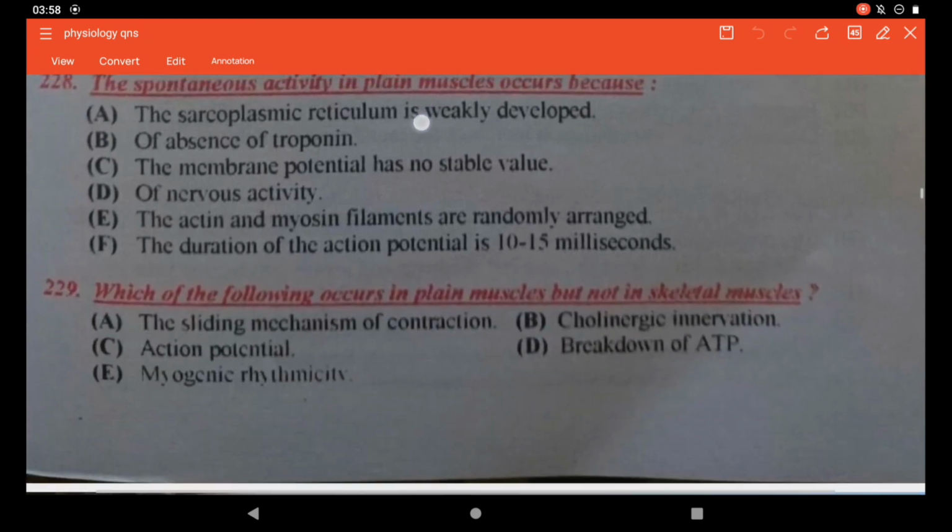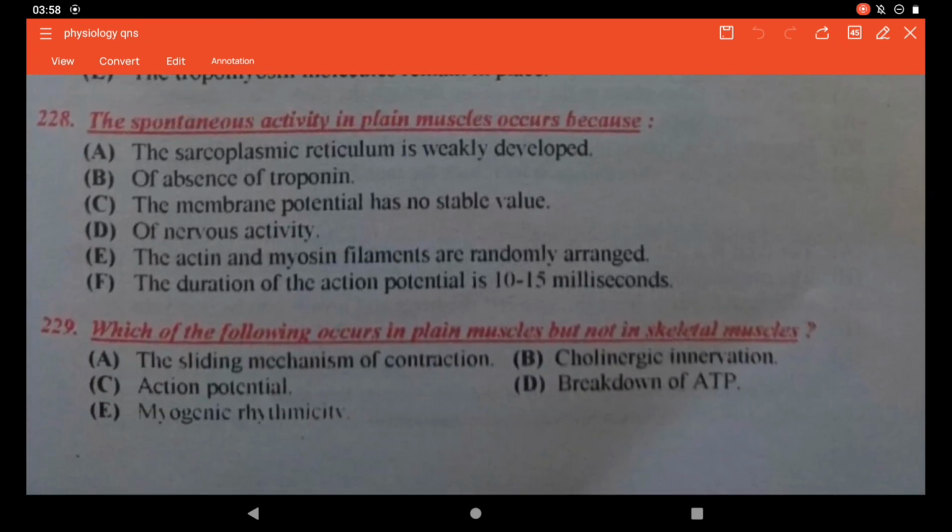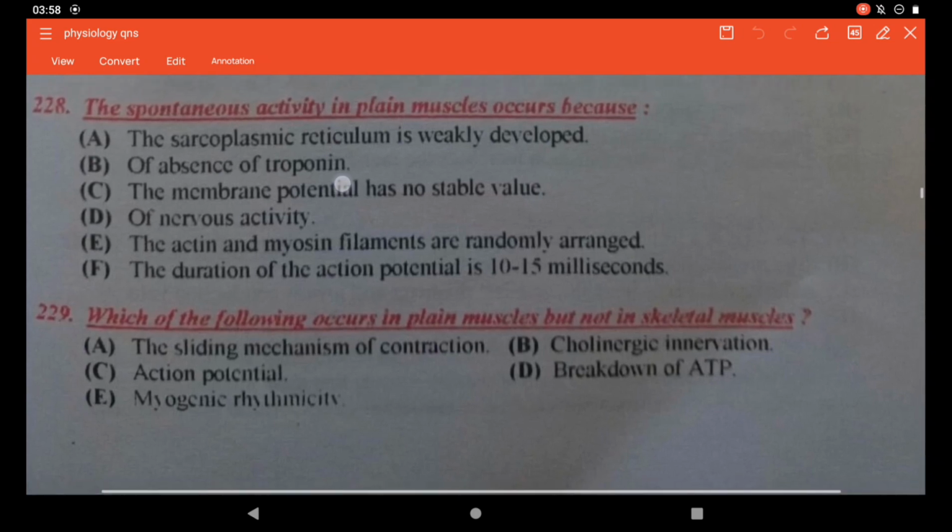228. Spontaneous activity of the smooth muscles occurs because A, the sarcoplasmic reticulum is weakly developed. B, absence of troponin. C, membrane potential has no stable value. D, of nervous activity. E, the actin and myosin filaments are randomly arranged. E, the duration of an action potential is 10 to 15 microseconds. Now, spontaneous activity is simply the muscle contracting without excitation from the central nervous system, some kind of myogenic